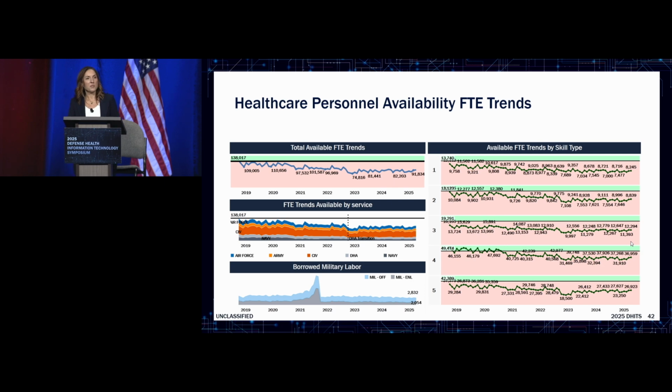There were some decisions made in the military departments a number of years ago that reduced some of their requirement and positions and inventory of medical personnel that were aligned to or focused on delivery and MTFs. And a lot of those decisions have been reversed, but it's going to take time for the military departments to kind of rebuild that pipeline and to restore some of that capability. And they've made tremendous progress with this in the last few years, and in this cycle, we're seeing some of the examples of that.